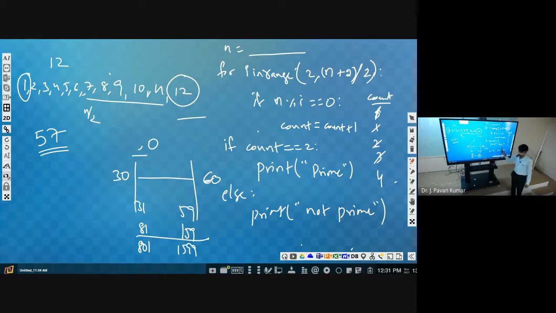When we say prime, what should the count be? You consider we are starting from 2, not going to n. Now consider 7 as the value, whether it is prime or not.